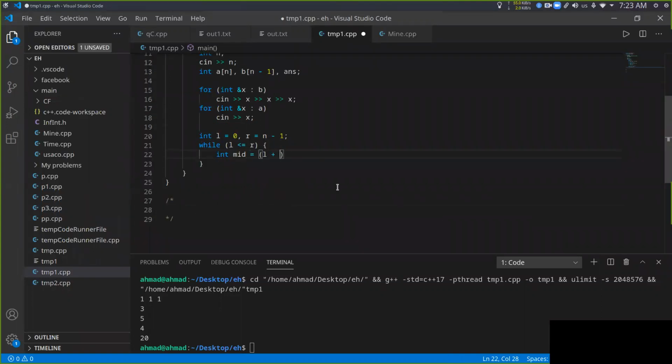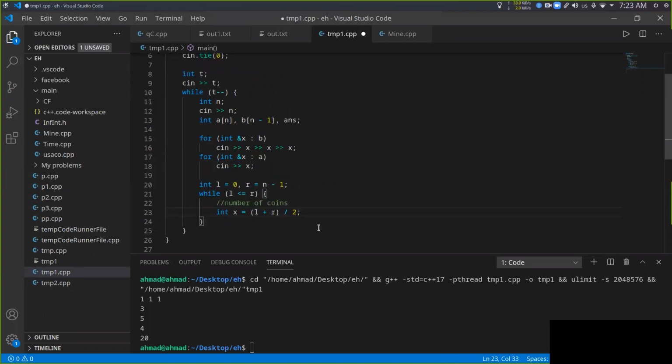mid equals (l plus r) over 2. So now this mid, let's call it x. Okay, so this x is the number of changes I want to make now, the number of coins. So x here is the number of coins I'll check now. I want to verify if x is available or not. So as I said, to make that,